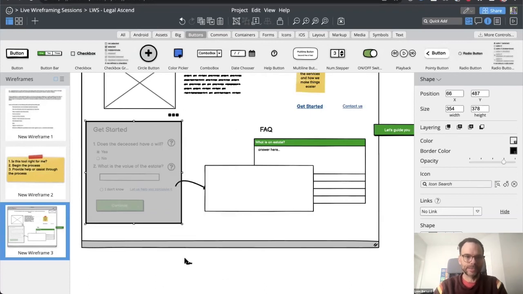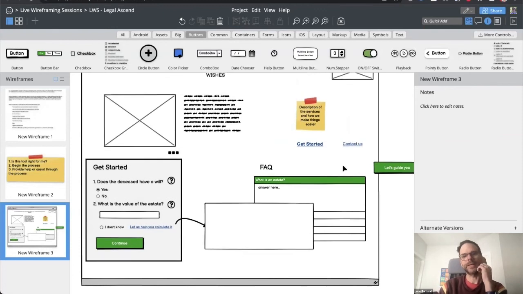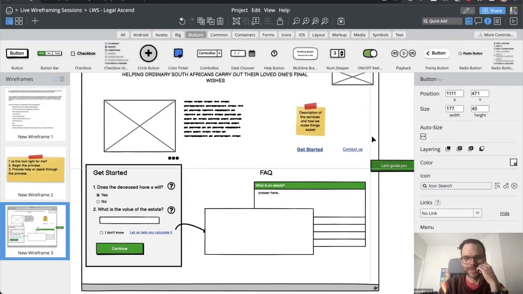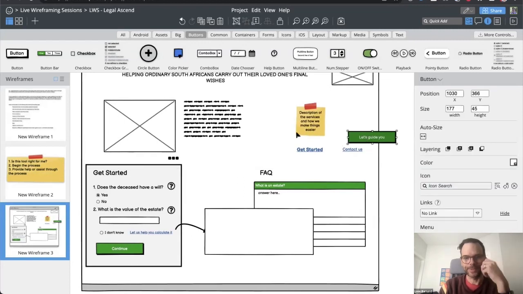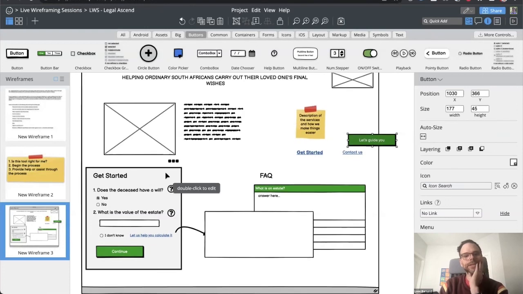So yes, I think one call to action is probably good, but somehow you need to think about what that might look like with having something at the top of the page. Or maybe this get started stuff is up there. It kind of feels like maybe it shouldn't be, but these are things you could flesh out in subsequent iterations.